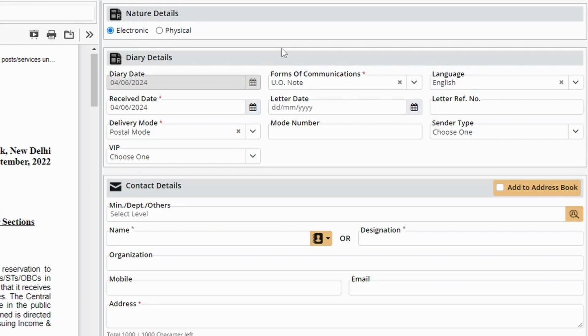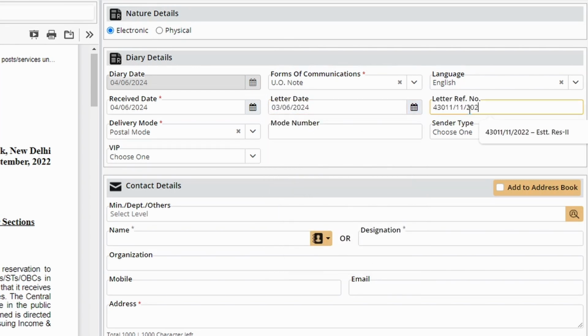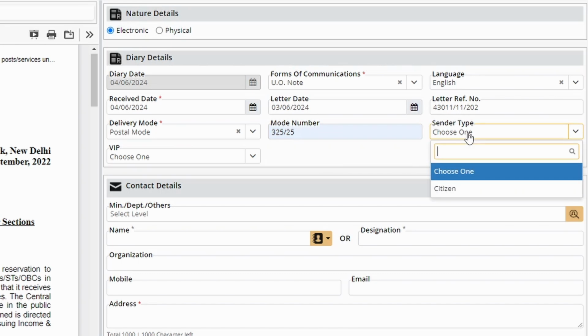First, the diary details. There are some mandatory fields marked with an asterisk symbol and some optional fields under diary details. It is advisable to complete as many fields as possible in the metadata section, as it facilitates effortless retrieval of receipts and ensures accurate report generation.